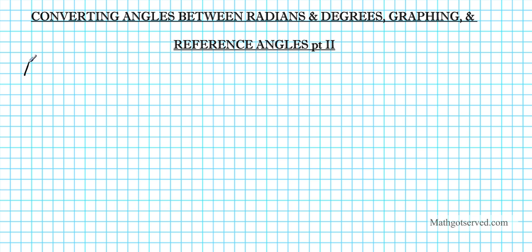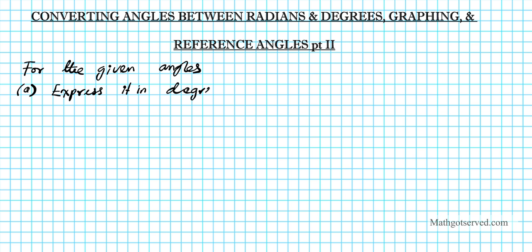For given angles, we're going to do the following. Okay, A, we're going to express it in degree and radian forms, degree and radian form. And then